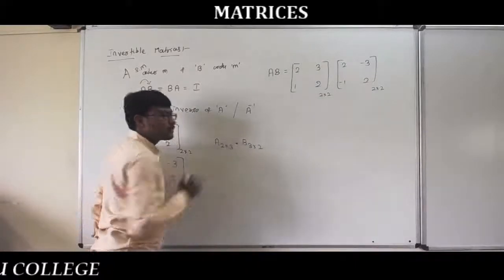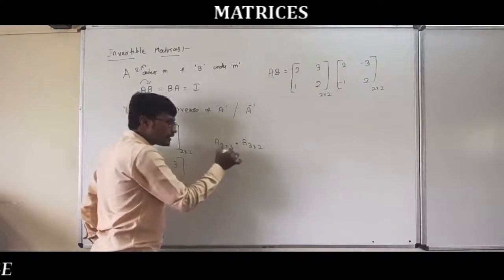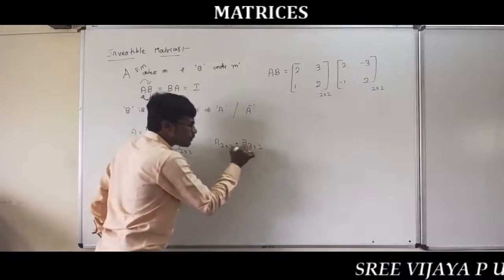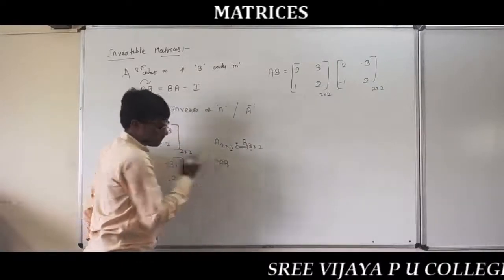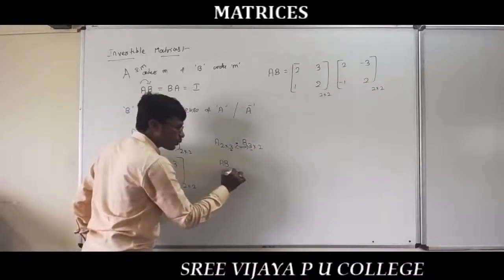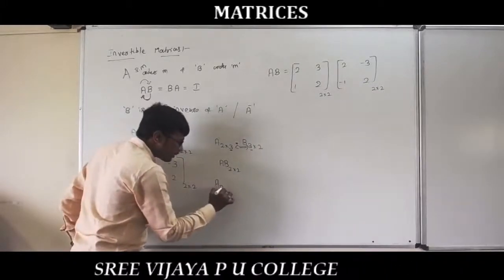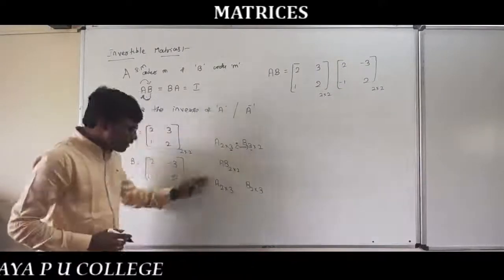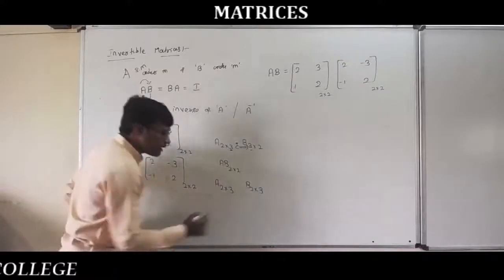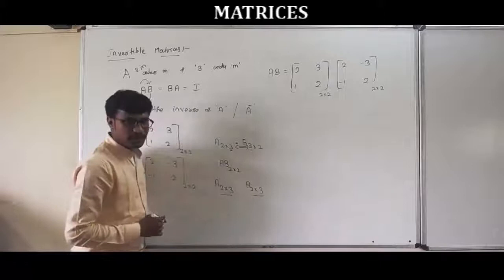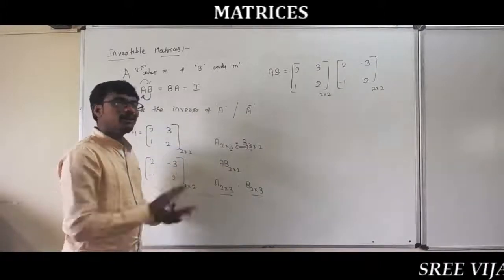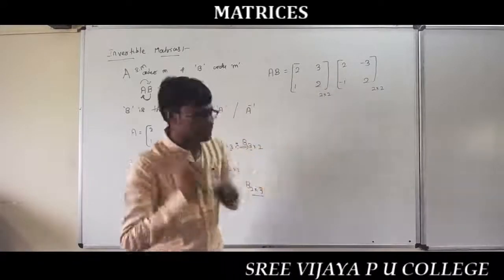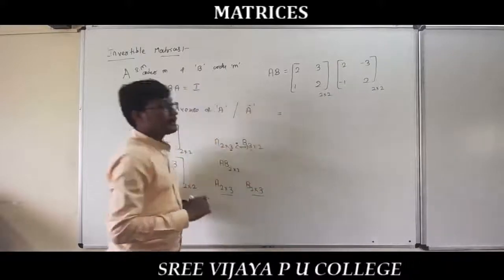If you multiply these two matrices, the number of columns in the first matrix and the number of rows in the second matrix must be equal. If these two are equal, then you can multiply, so you get 2 cross 2 as the required order. Suppose A is of order 2 cross 3 and B is of order 2 cross 3. Here you get both of the same order, but 2 cross 3 is not a square matrix. So if it is not a square matrix of the same order, multiplication is not possible. If it is a square matrix of the same order, obviously multiplication is possible. How can you multiply the matrices?